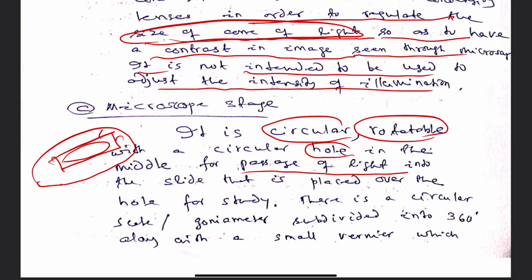And there is a circular scale on the stage which reads from 0 to 360 degree, along with a small vernier scale attached here, which are used to measure some of the angles, particularly the extinction angle,